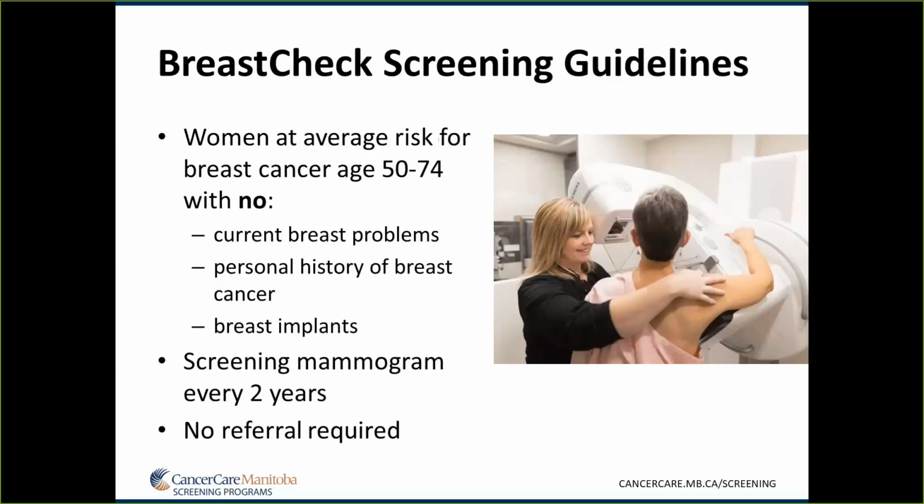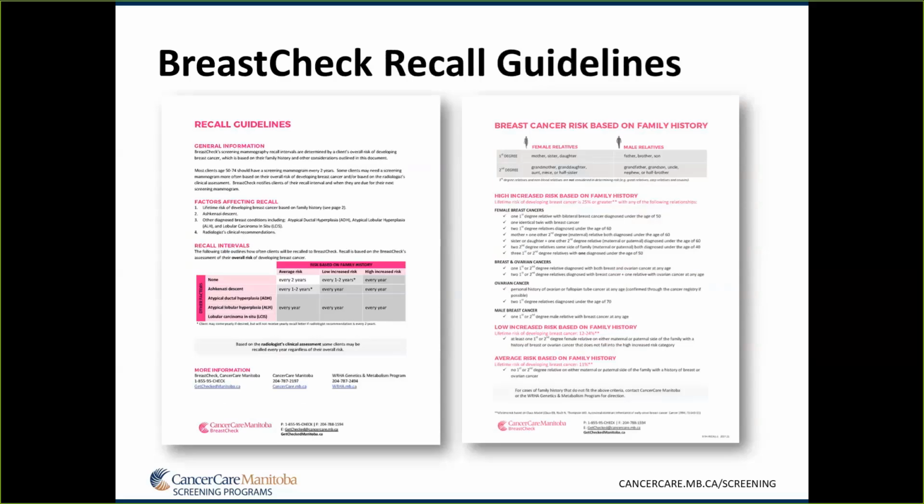In the future at BreastCheck, we will likely review and overhaul our risk assessment methods in order to include more of the more recognized risk factors. Some of this work has already been started in the United Kingdom, where they are subclassifying based on risk in order to adjust the frequency of screening in order to detect the cancers in the populations that are greatest at risk. The BreastCheck recall guidelines refers to the determination of a 1 or a 2-year recall.